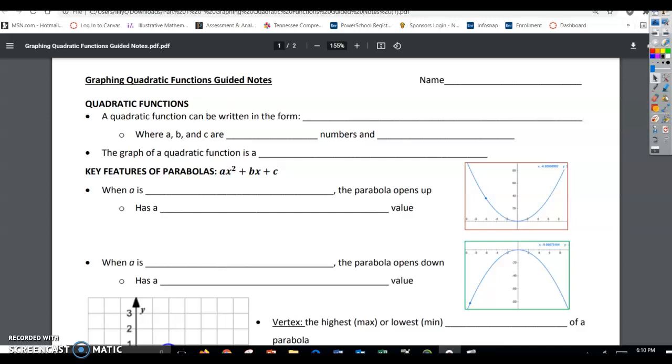Alright guys, today we're going to look at graphing quadratic functions, and you can follow along using your guided notes. Remember, a quadratic function is a function that has an x squared term. Okay? When it's x squared, that's what makes it a quadratic. Alright, a quadratic function can be written in the form